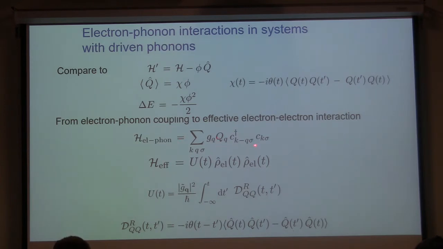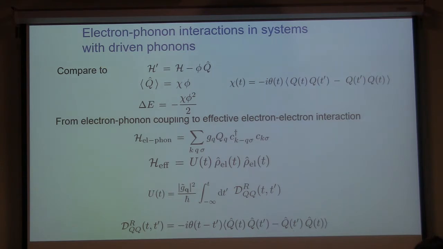If you think about the interaction between electrons and phonons, this is the displacement of the phonon, and it's coupled to the density operator for electrons. So from the point of view of the phonons, the density of electrons is like an external field. If I integrate out phonons, I should get an effective lowering of the energy, which is proportional to the square of my external field, which means proportional to the square of the electron density. And the coefficient is again this response function. It's kind of hand waving, but one can actually make this argument more precise.